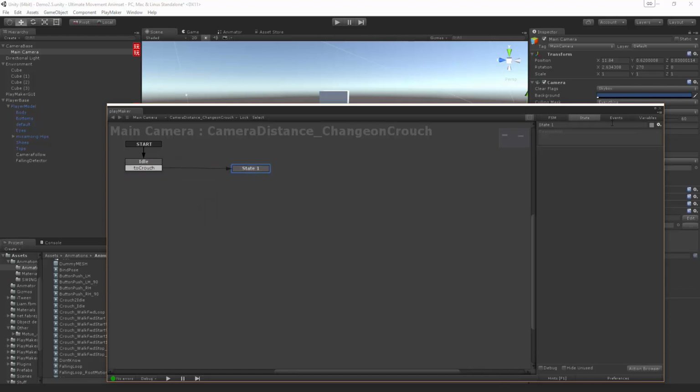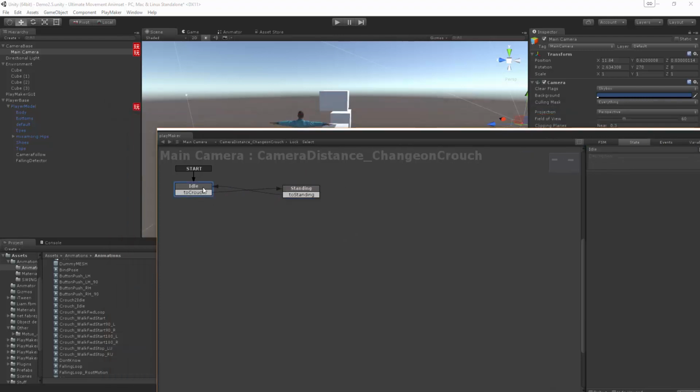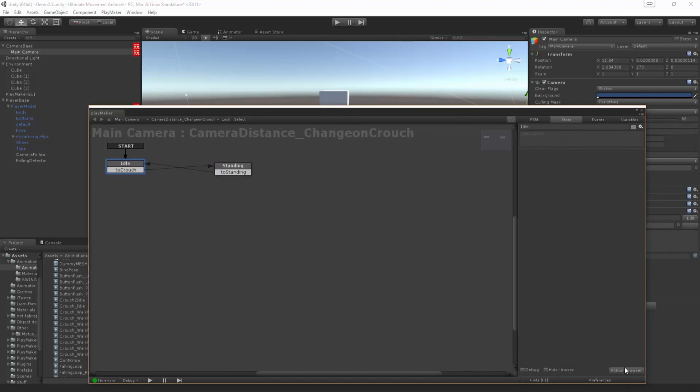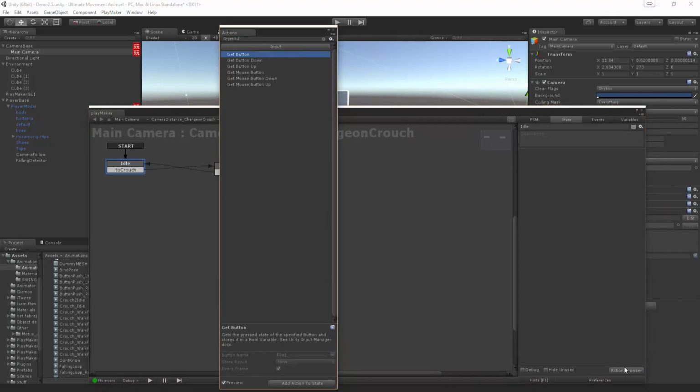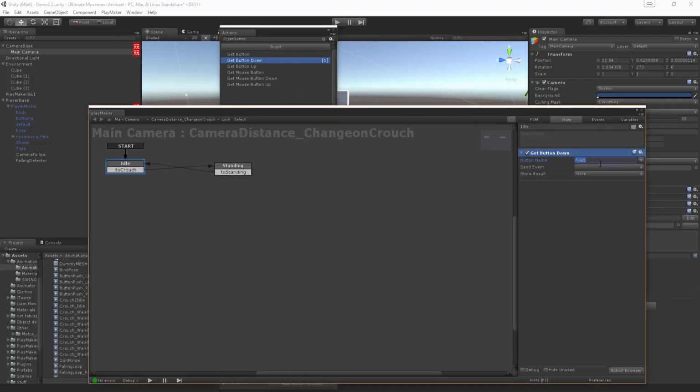And then we're going to call another event to standing, which is basically going to take it back to idle. Alright, so that's just standing. Alright then, so that's looking great. And let's say get button down, so to crouch. Or actually, another way that's probably going to make sure it is always correct is if we go back to